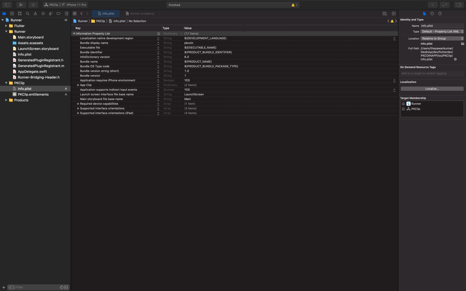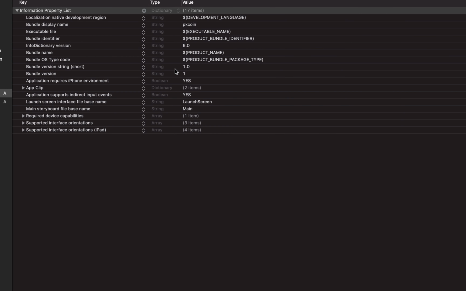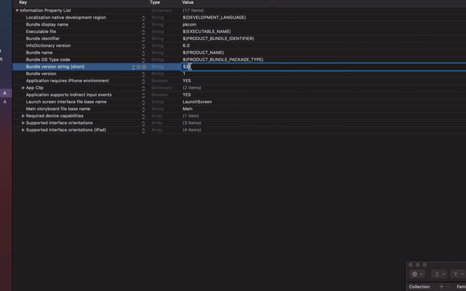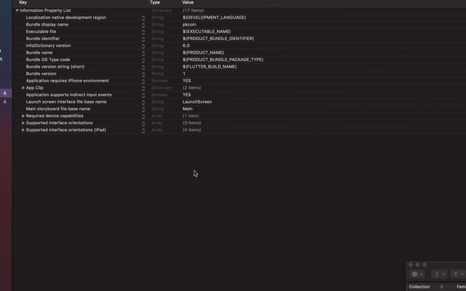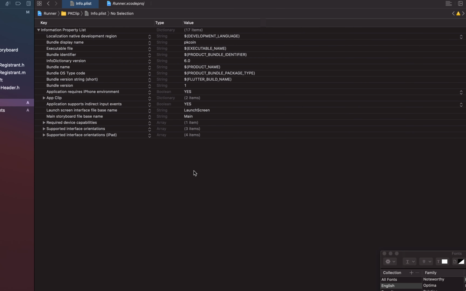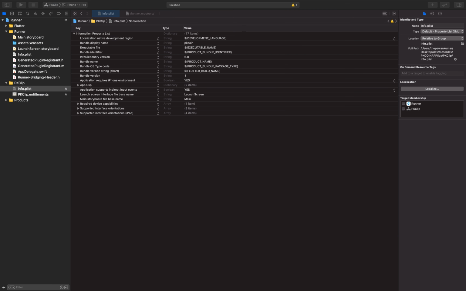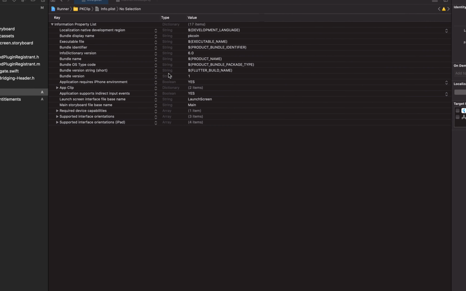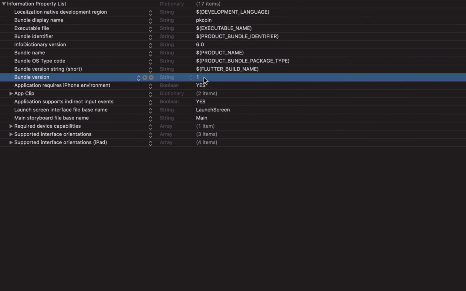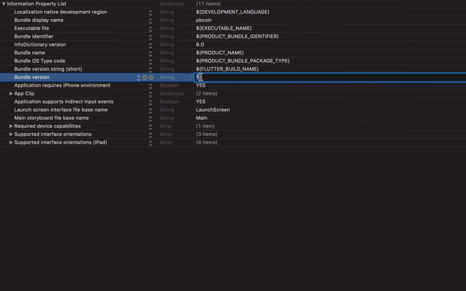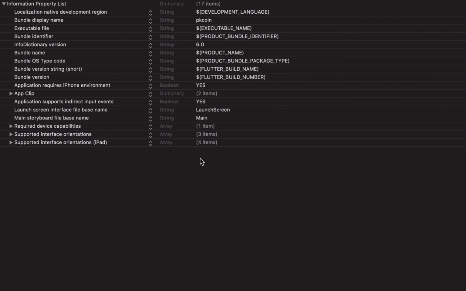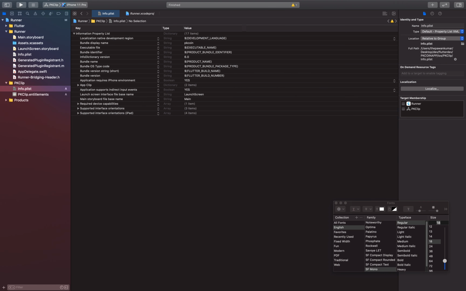So rather than this short string as 1.0 hard coded, I'll replace it with this variable, which is FLUTTER_BUILD_NAME, and you will see it in your normal info.plist as well. Similarly for bundle version, I want FLUTTER_BUILD_NUMBER, so I'll just change this from 1 to FLUTTER_BUILD_NUMBER. Okay, so now this step is also done.